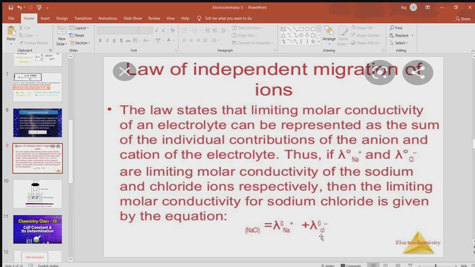electrolytes involving similar cations and anions. Also it is applied to the ionic product of water, and solubility and solubility product of sparingly soluble salts of electrolytes can be calculated. Also the degree of dissociation of a weak electrolyte can be calculated from the molar conductivity at zero concentration. These are the applications of Kohlrausch's law.